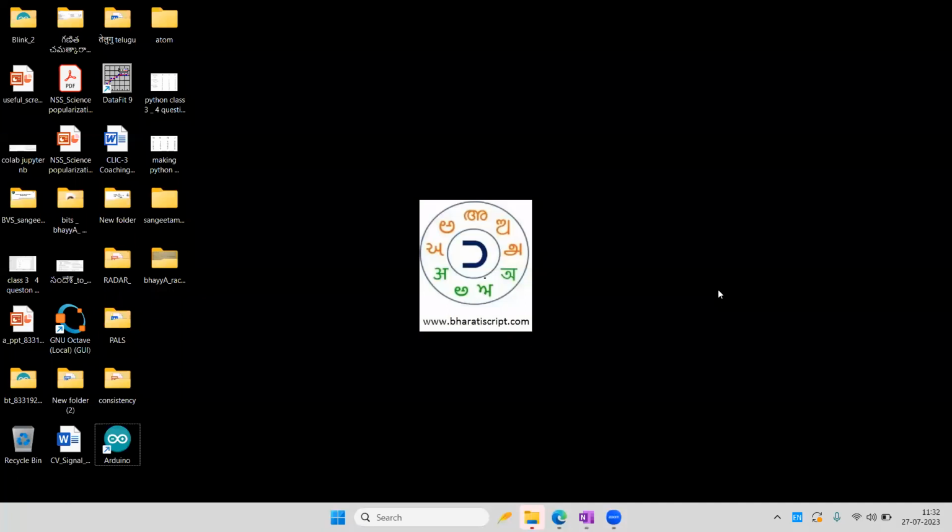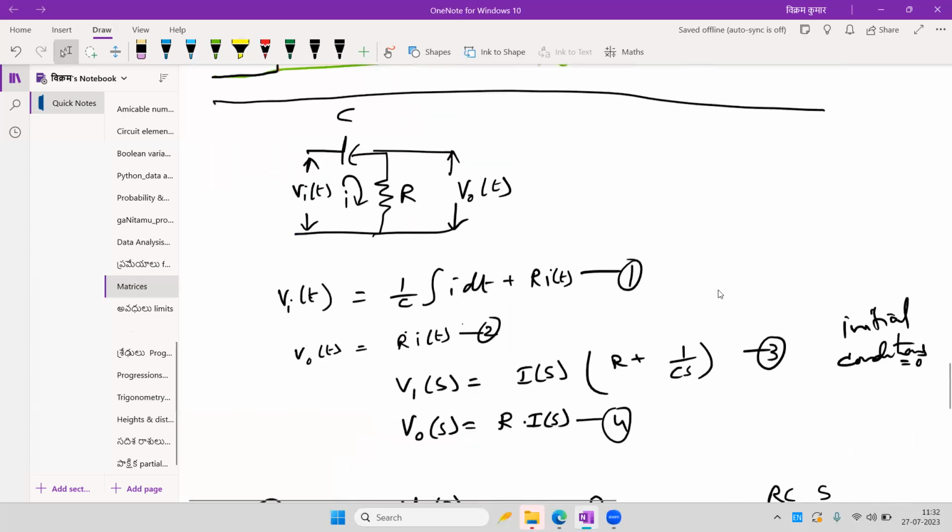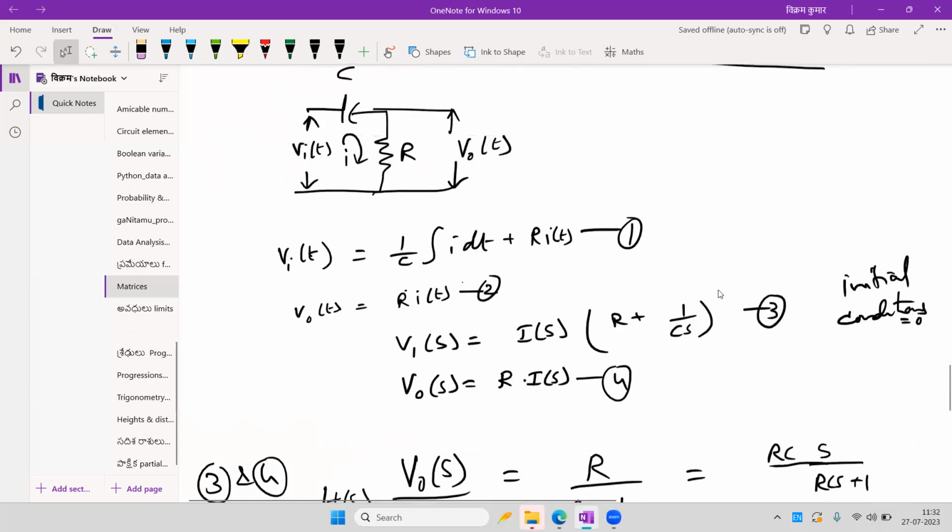One thing, sir. Instead of using resistance, can we use an inductor in the low pass filter? Inductor, yes, you can use an inductor. I will tell with inductor also. See, resistor we will use instead